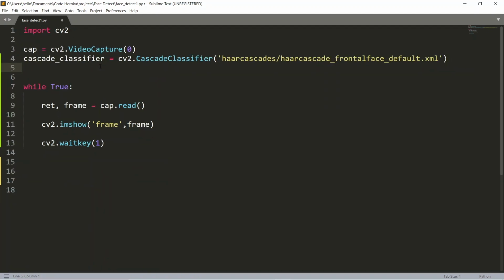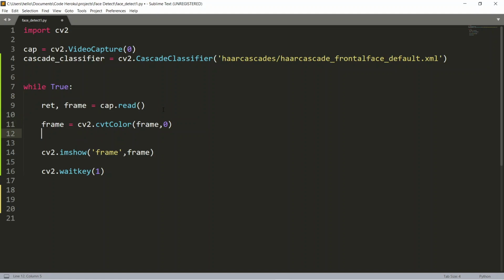Now, as you might be aware, most machine learning methods do much better when you feed a lower dimensional or a more efficient representation of the problem that you're trying to solve. So in this case, instead of feeding the 3-channel RGB image, what we could do is convert this to a grayscale image so that we can give a grayscale image to a classifier.